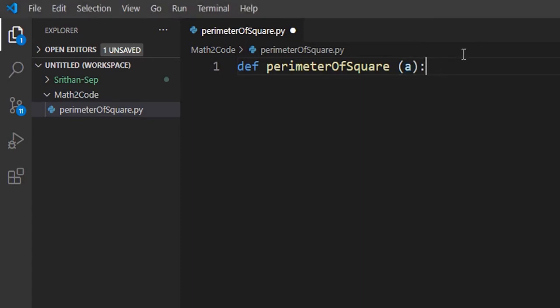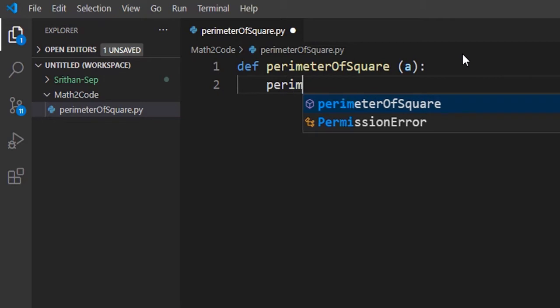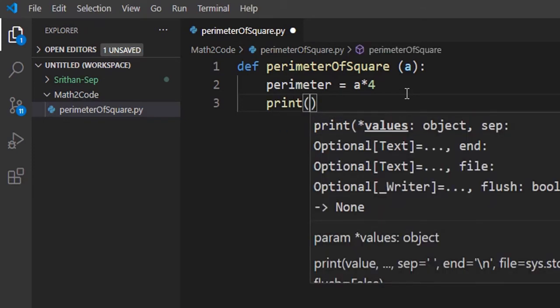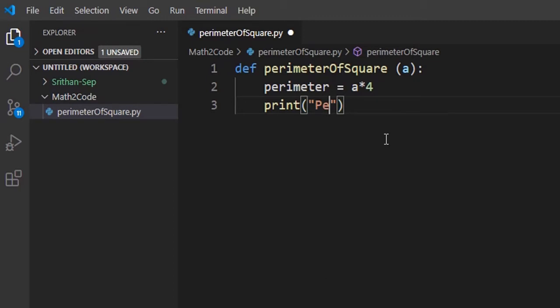Let's take a variable to store the perimeter calculated value. So perimeter equals A times 4. Now let's print the variable value. Print perimeter of the